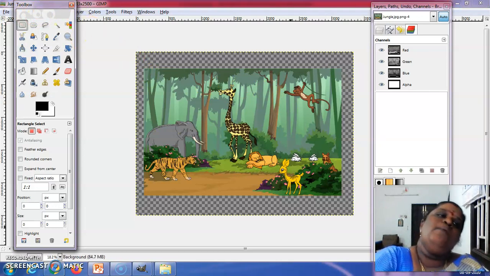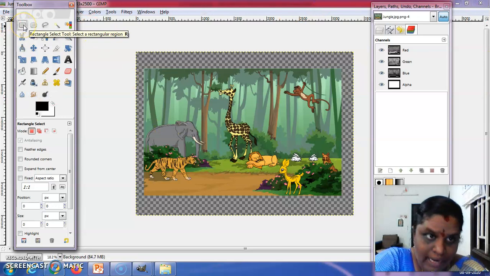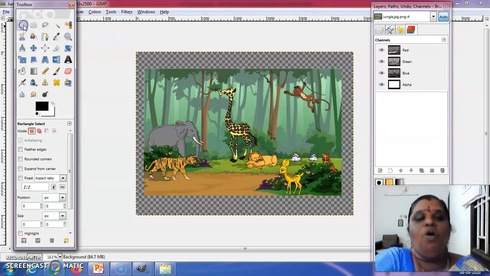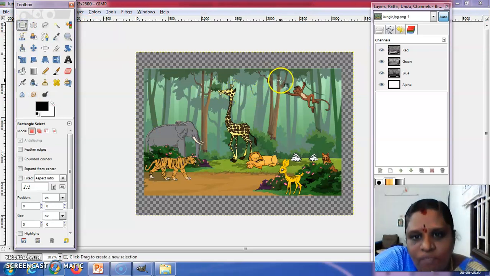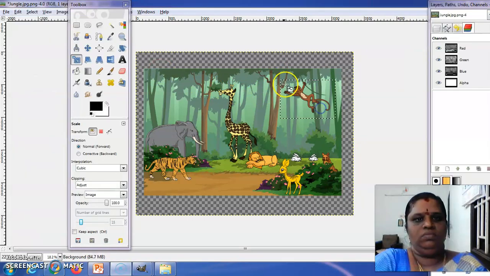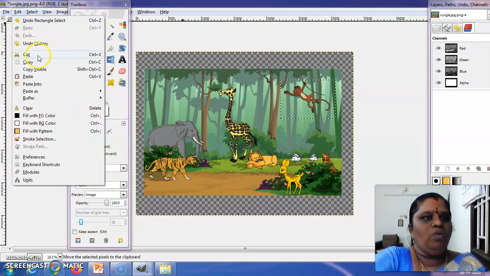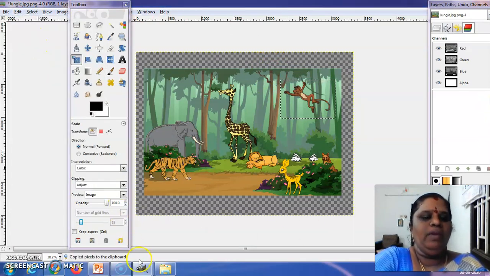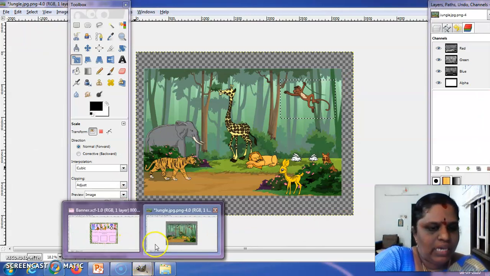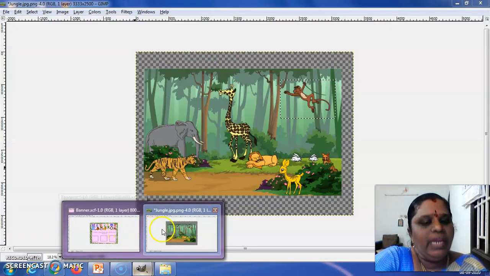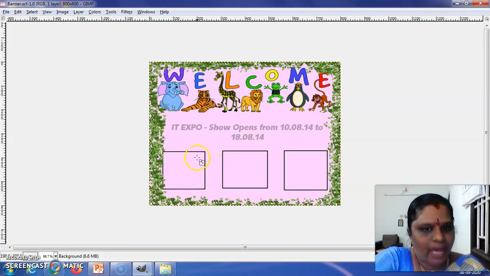So I am going to select the rectangle select tool here. I am going to select the first monkey. So selection is done. After that, go to edit, copy this monkey, go to the banner. See, here we can have many images, but actively we can have only one image.